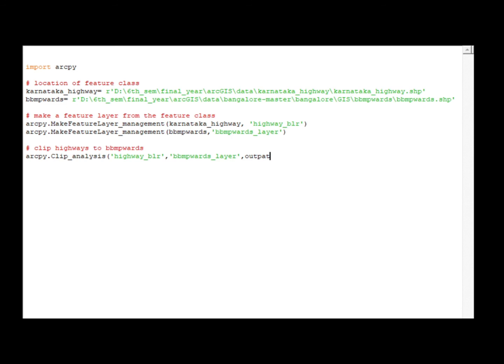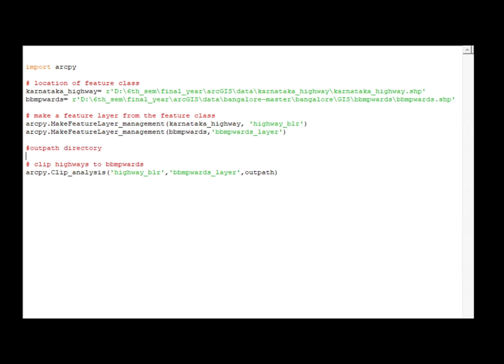So let me name it outpath, and let me give an outpath directory. I would store the outpath in the same location, but let us name it highway BBMP clip.